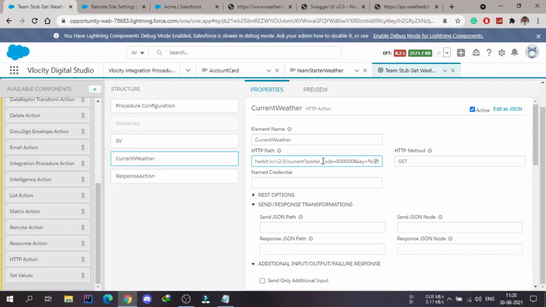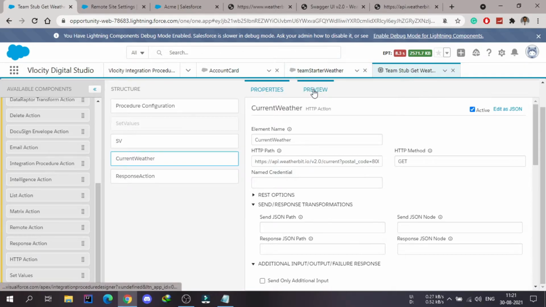Inside this I have to use SV with the colon and whatever value we have provided. We provided that as key, so I will use key. One thing you have to consider here is that this is case sensitive. So I will use K as capital K and EY as small, then only it will work.